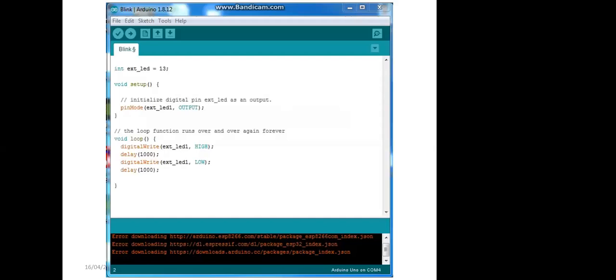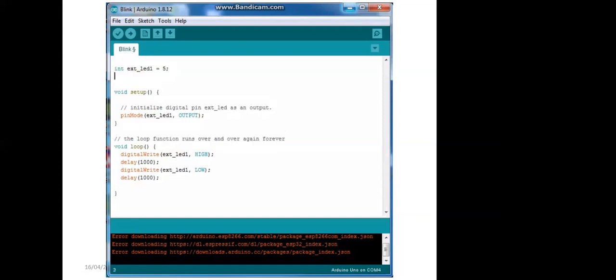So this is our existing program, and we need to change it now. How to change? See here. We need 3 external LEDs, which means we need to connect them on 3 different pins, because one pin can handle only one external LED.